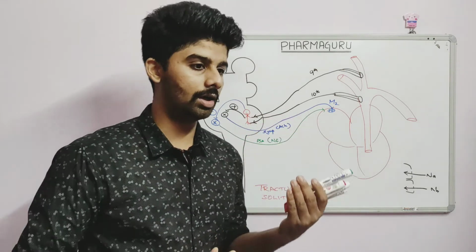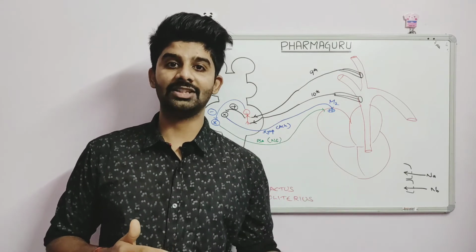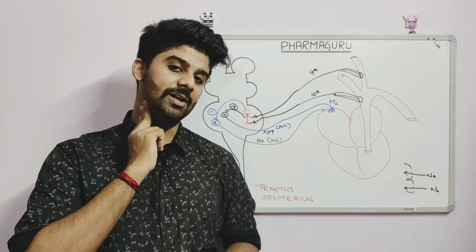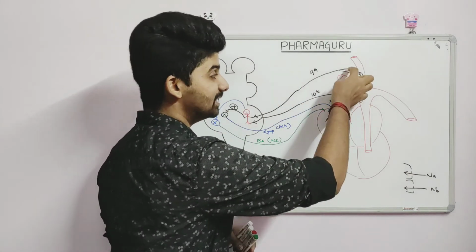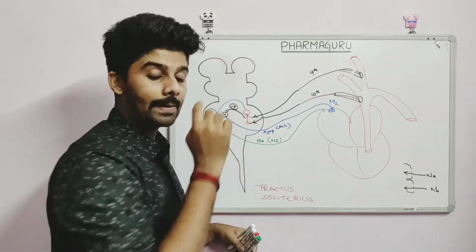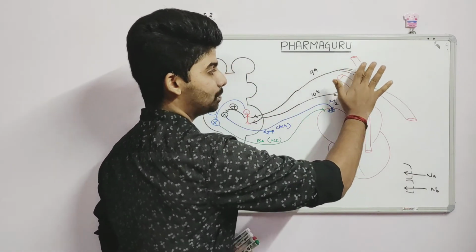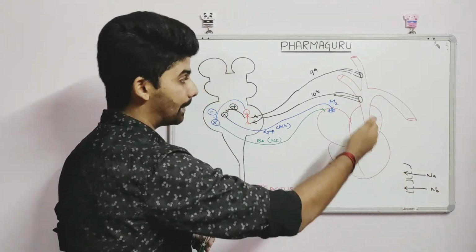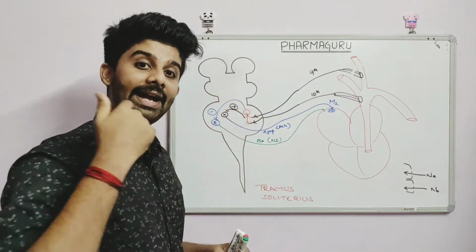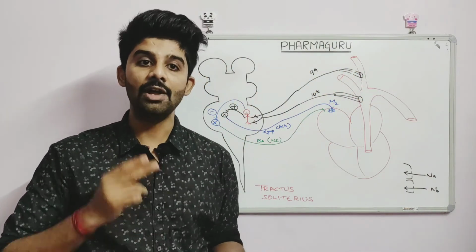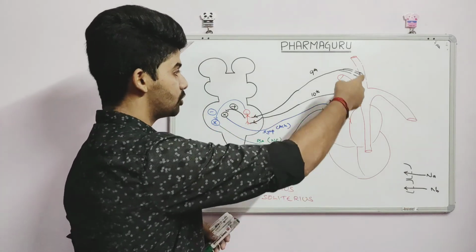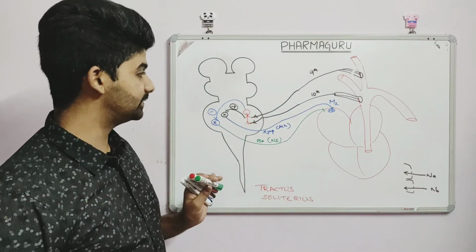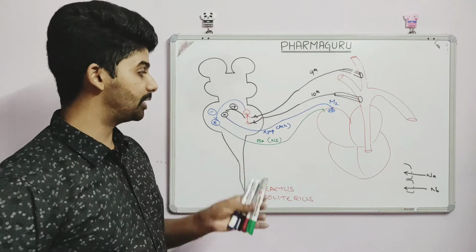We have come across a term, the carotid sinus massage or carotid massage. What we actually do in carotid massage is we massage here, where this is the carotid sinus. In the carotid sinus we know the baroreceptor is there. Whenever we massage this place, the carotid sinus will expand, the baroreceptors will expand, sodium will come in, and the same mechanism will take place. That's why whenever there is a hypertensive patient, we can do the carotid sinus massage to reduce the blood pressure through this mechanism.